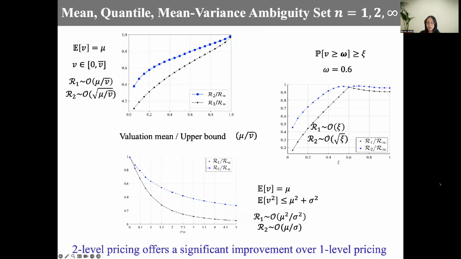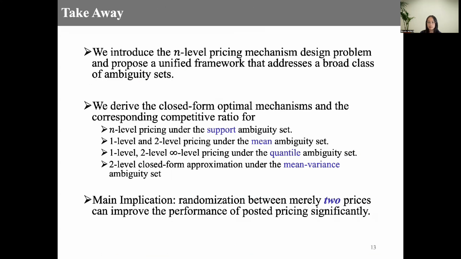So there is a significant improvement from one-level to two-level pricing. And for many information sets, the performance of two-level pricing is close to that of the robust screening scheme. So in summary, we introduced the n-level pricing problem and proposed a unified framework that addresses a broad class of ambiguity sets, and we derived closed form under some simple ambiguity sets. So from our observation in different ambiguity sets, randomizing between two prices can significantly improve the performance from the deterministic pricing. And this mechanism is simple to